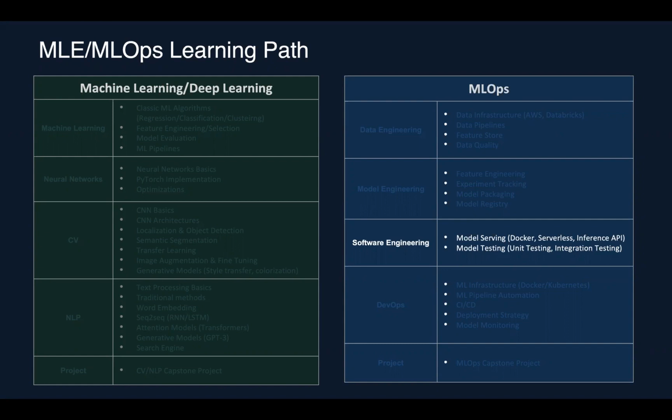Deploying a model in production also means that you need to do a lot of testing, right? The unit testing, integration testing. And the testing is not just the code and the prediction function, it's also the data, right? You want to make sure that data that gets fed into your inference engine has the right shape, has the right distribution, right?